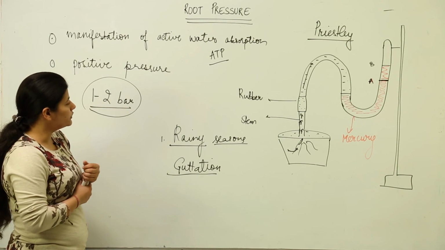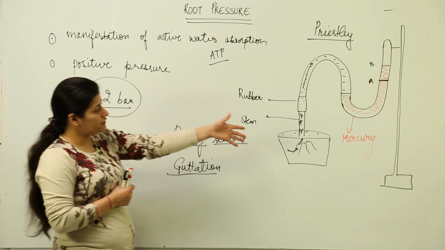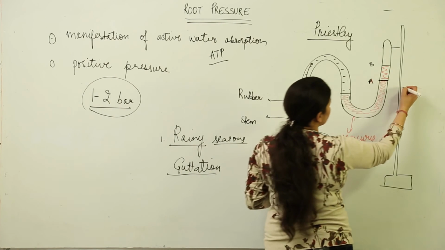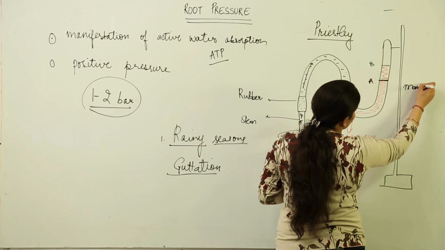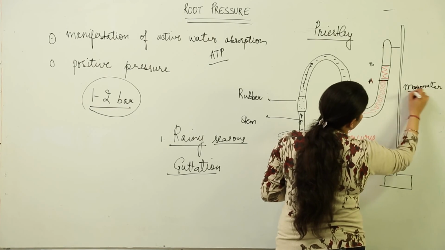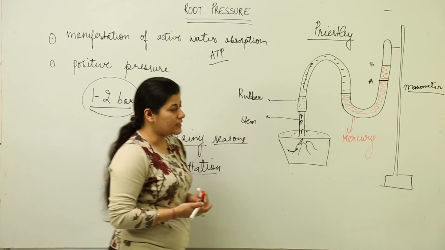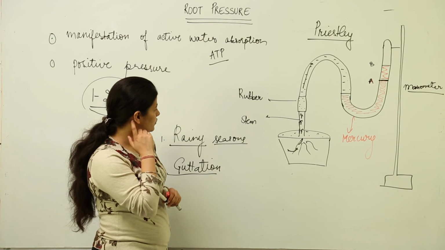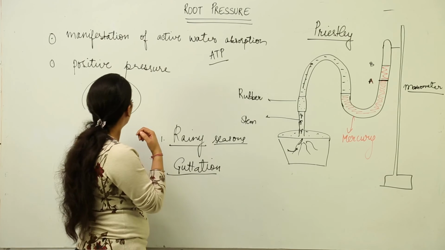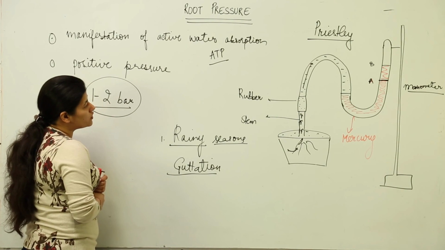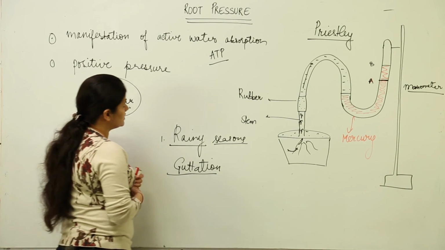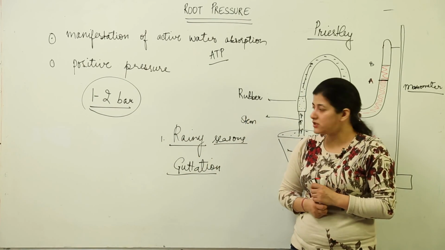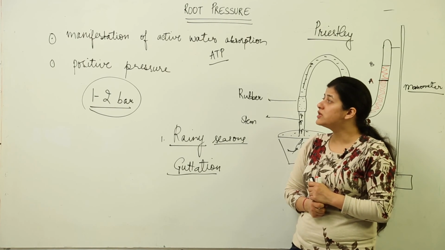So low is the value, and this is one activity that we use to demonstrate the root pressure. Remember, the apparatus name is manometer, which uses mercury, and it shows that the mercury column is rising because of the pressure that is being generated inside the roots of the stem, which acts as a stump. And lastly, what is one big proof that root pressure does exist? It is guttation. So don't get confused about what guttation is. We will talk about it in the subsequent lessons when we discuss transpiration.